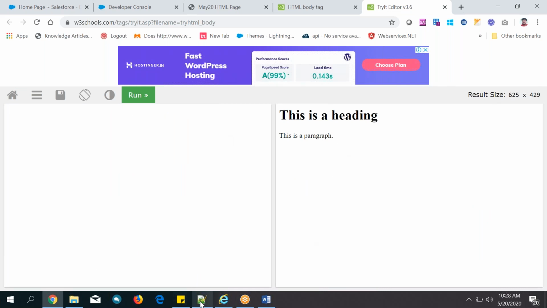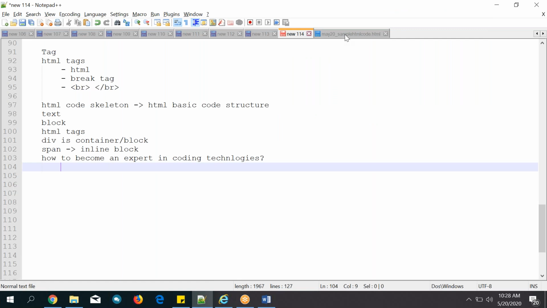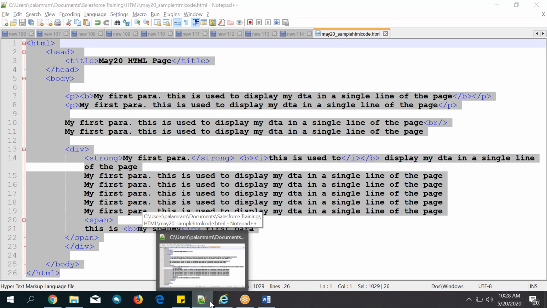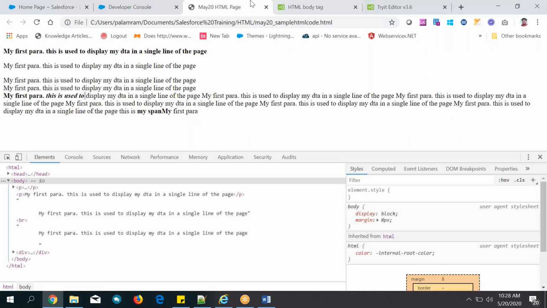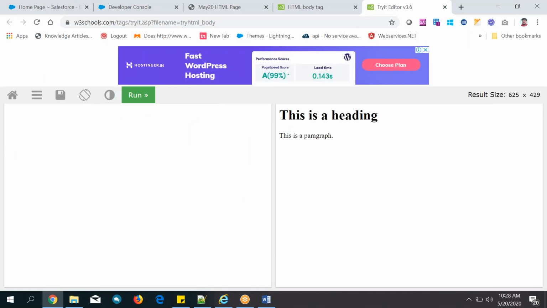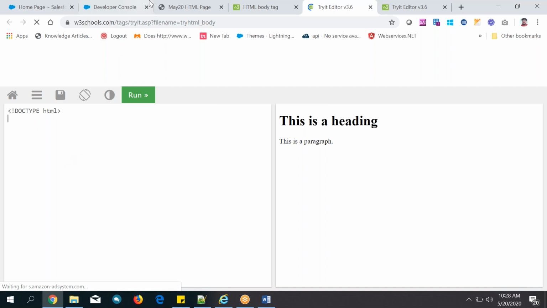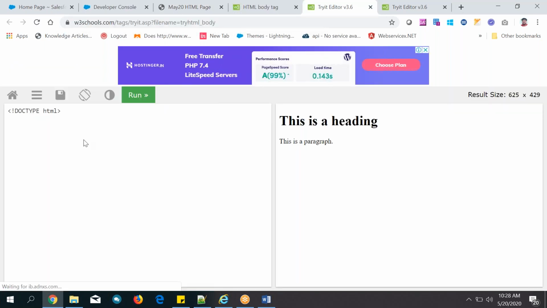Work with whatever tags I said here, and work like that with the browser. After that, come over here, open any one, remove all the things and type it manually again. Whatever code you have written there, type it manually, see the output, and play a game with that. Game means remove it, add it, add something else, remove it, like that. All these combinations will make you an expert in development.